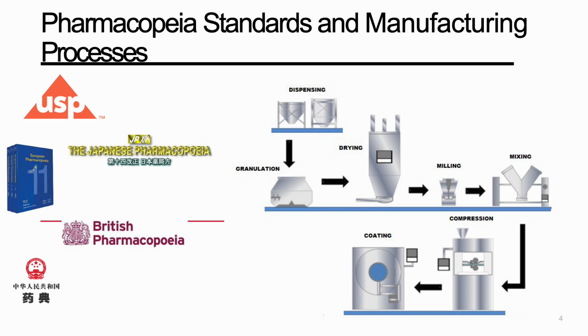Now, let's go back to the pharmacopoeia standards and manufacturing process. We know that we are making some products, like here we have a manufacturing process where we start from dispensing, going through the granulation of the compound, the solid, for example, drying of the compound, and then milling it, mixing this with some excipients, and then doing the compression in order to have, for example, capsules in the